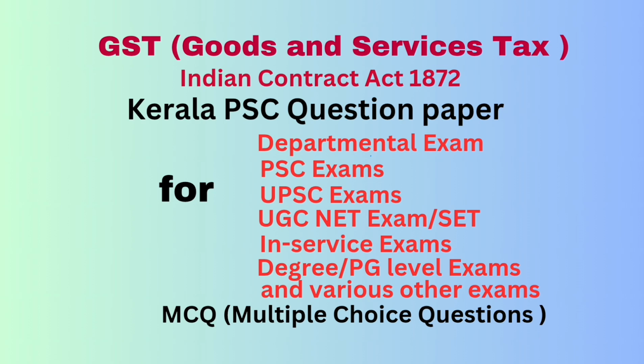Question number 58. E-way bill does not have. Option A GSTIN of supplier. Option B place of dispatch. Option C GSTIN of recipient. Option D signature of the Commissioner of Taxes. Correct answer option D signature of the Commissioner of Taxes. Question number 59. A contract is completed when dash as per Indian Contract Act. Answer offer made is accepted.